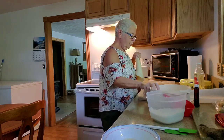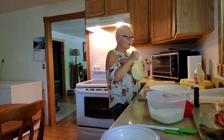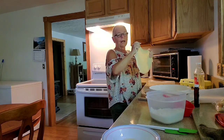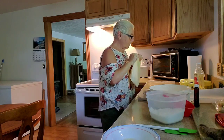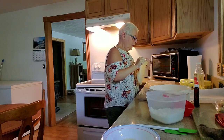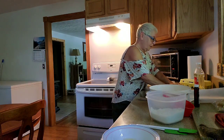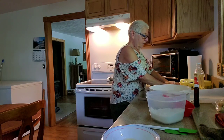Okay, the first thing I do is lightly flour my counter after I clean it real well. And then I use the, I like Pillsbury, but I picked this one up at Walmart. They're just as good. I have had some that are better, but I can't remember the name of them. Okay, I just flatten this out a little bit. You don't want to put too much flour or it'll dry out your crust, especially if you're in drier